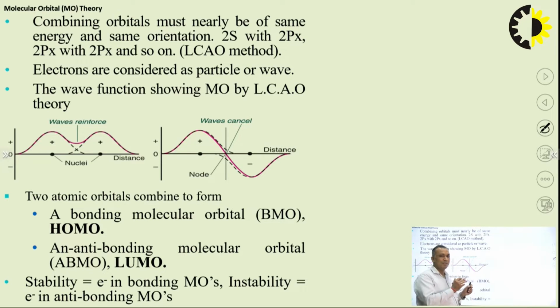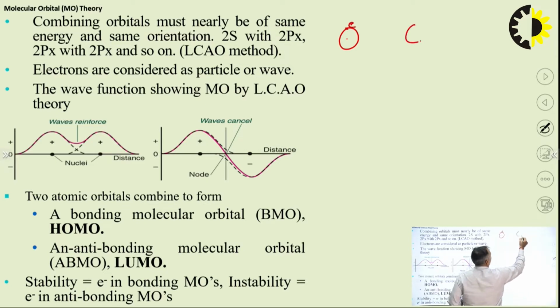I will discuss the LCAO method in brief. If one s orbital, which is spherical, and another s orbital are going to overlap,